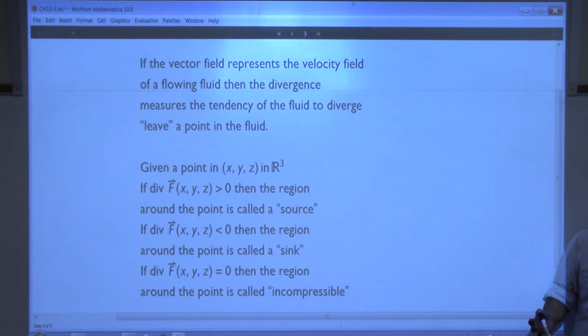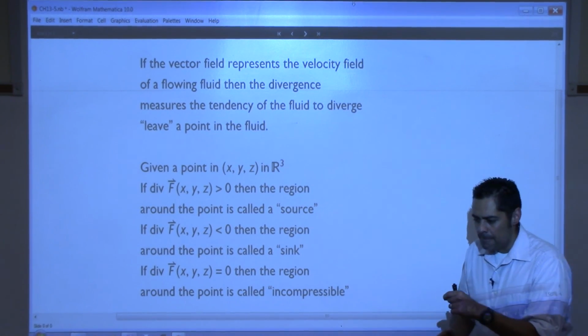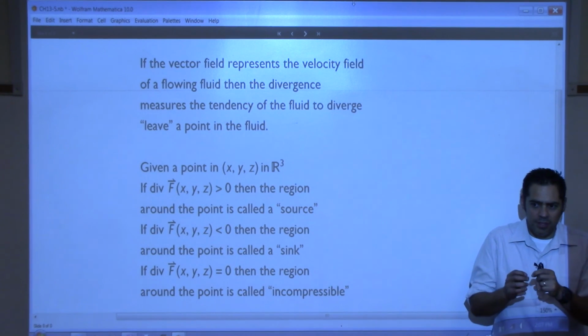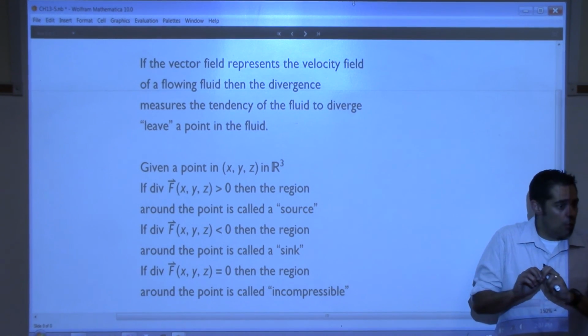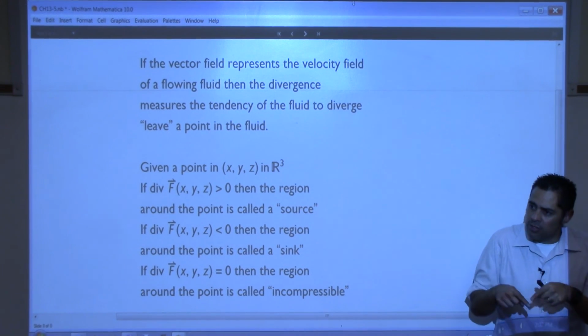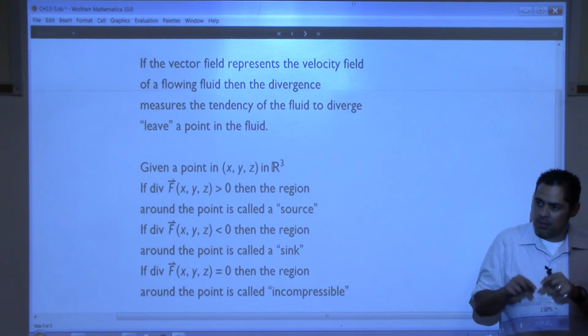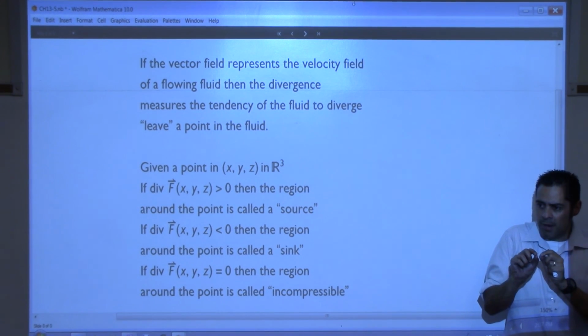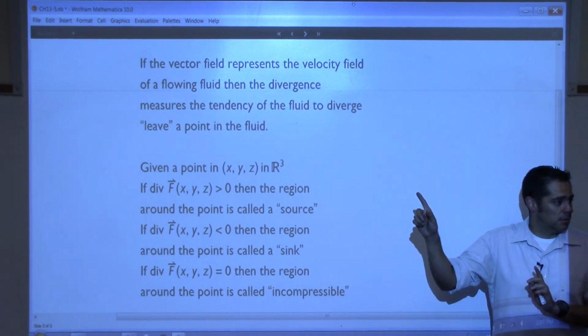You have any other good? No? Okay, divergence, tendency of the fluid to diverge or leave a point. So if you've got positive divergence, there's more of a tendency for things to flow away from it than to flow into it, right? So if you're at a point and you move a little bit off the point, most likely you're going to be moving away faster than you are going to